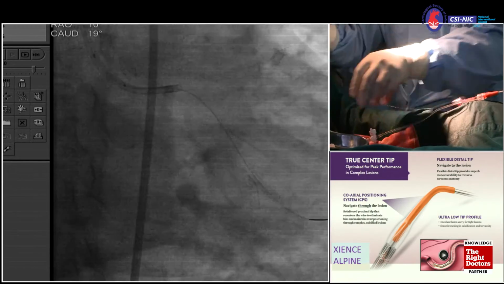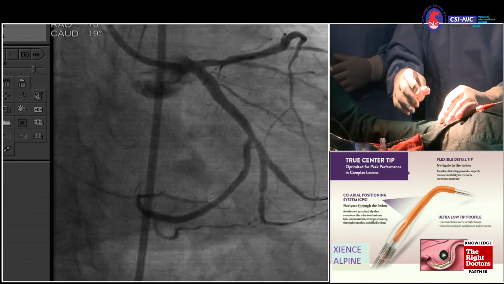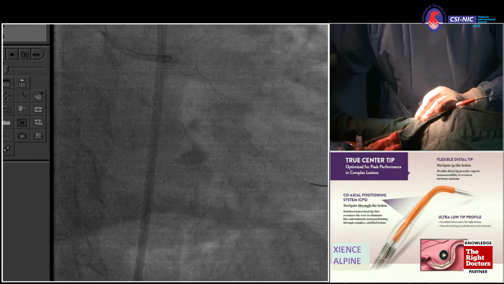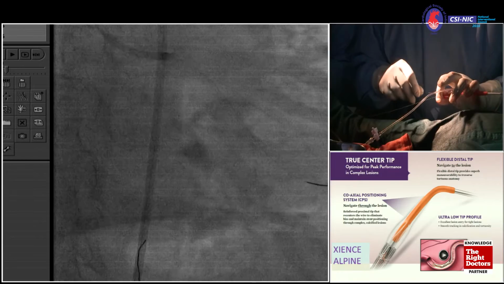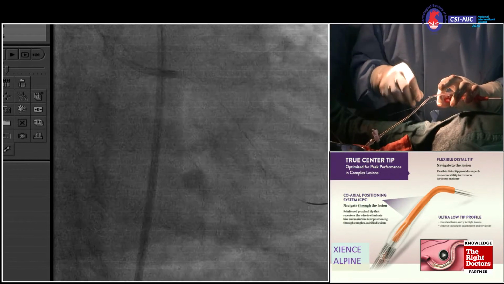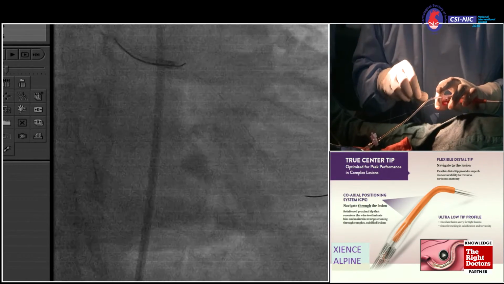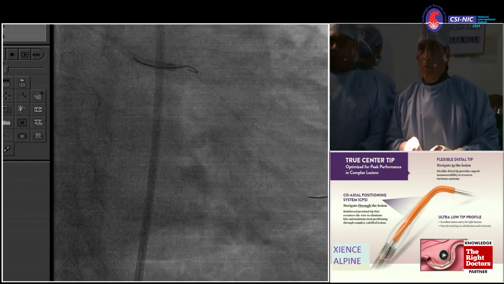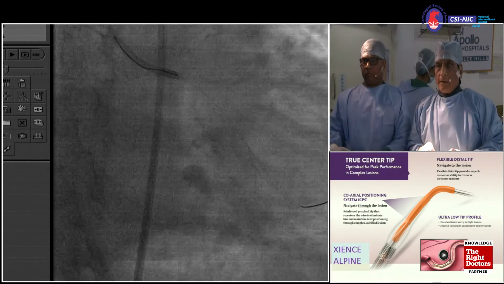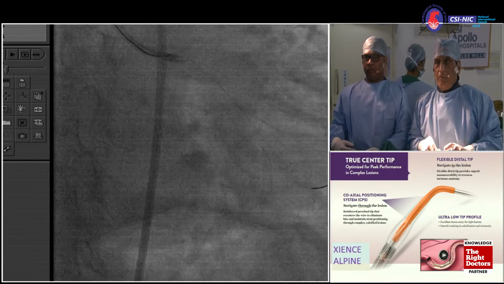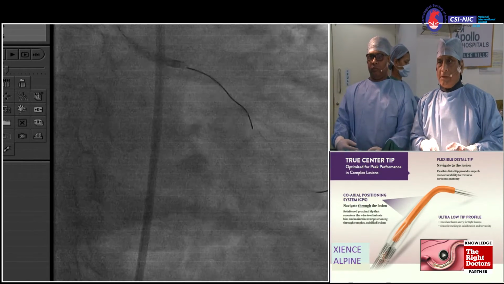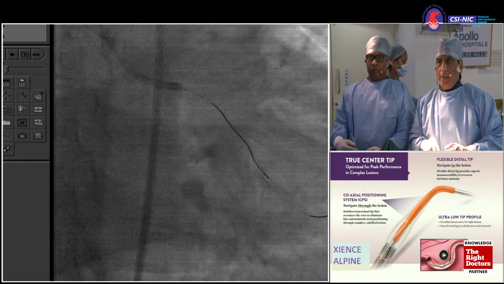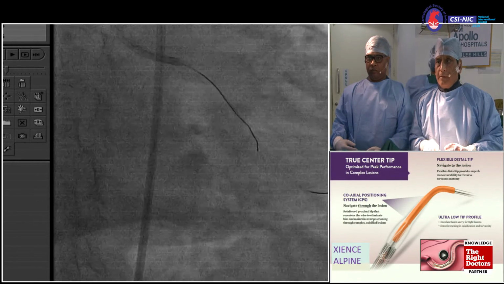Now we have two balloons. One is our old one, which we use as the pre-dilatation, versus the non-compliant. I think we need to go to the compliant balloon. Anytime you crush, I always advise don't even waste time. Go with the old balloon or Oxford balloon. You need to go to the new balloon as well, small size. Go through it, open, and then you can always go to the high pressure.